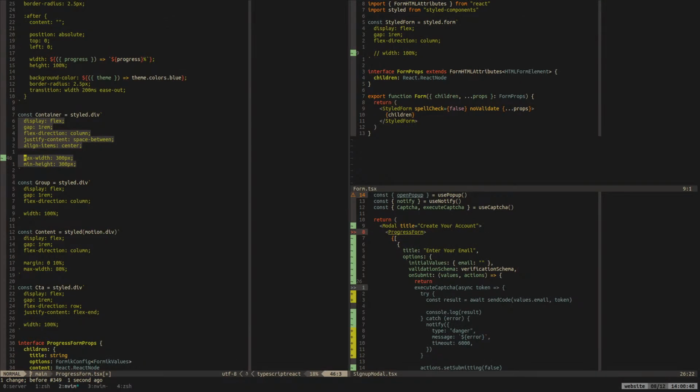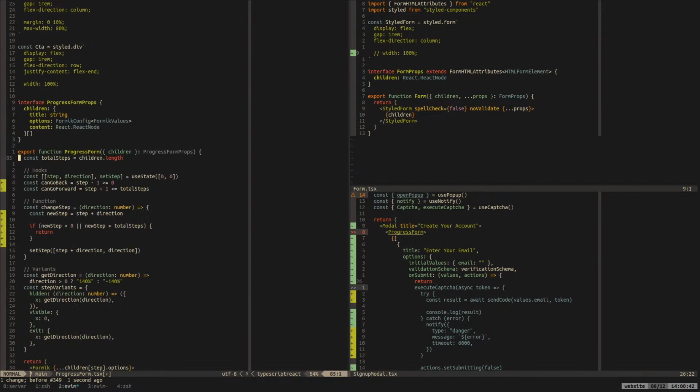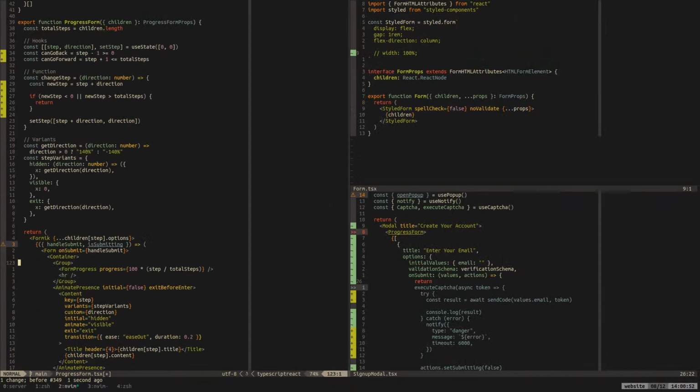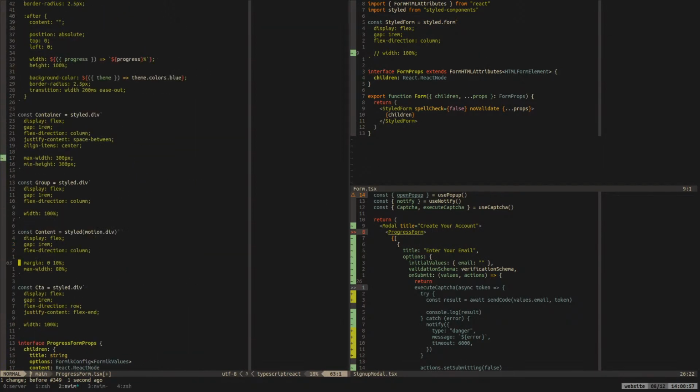Okay, we can try the padding idea. The padding idea says that we put margin in the content area. The content is where? It's the content. Okay, that makes sense. What we want to do is say like 2 rem, top and bottom.